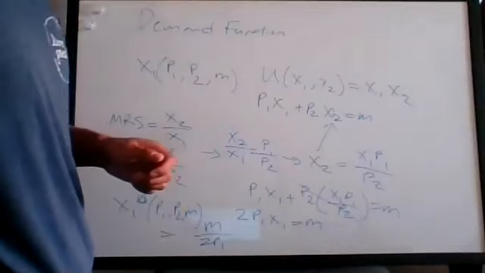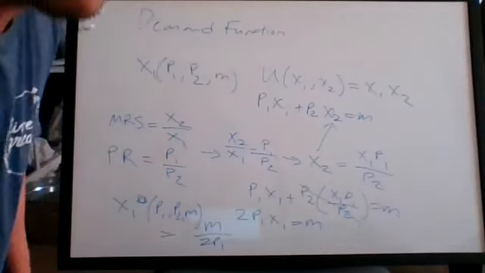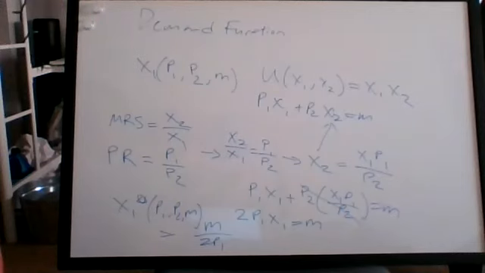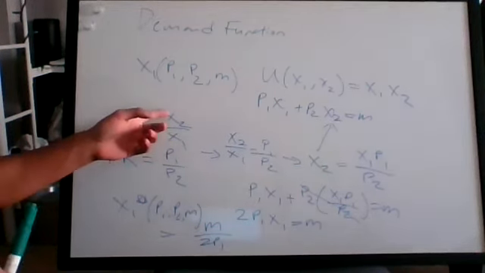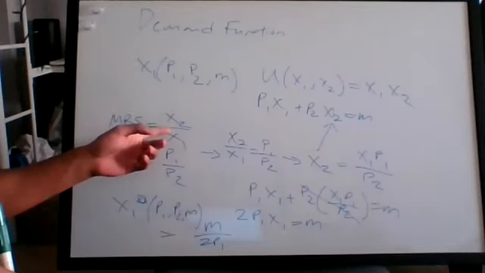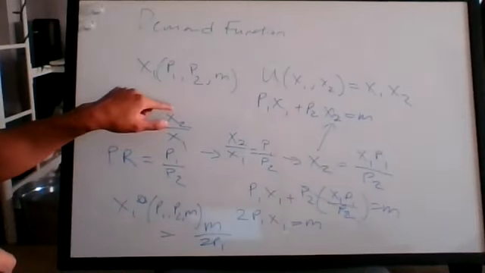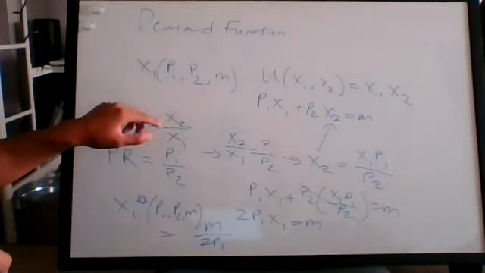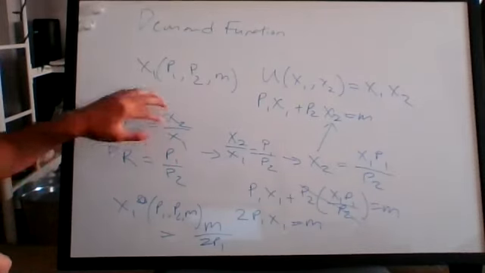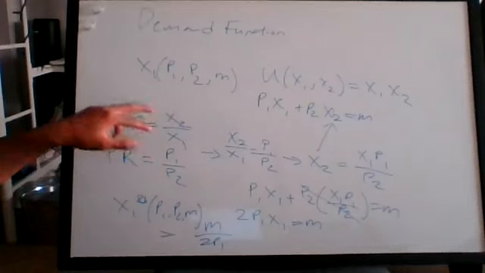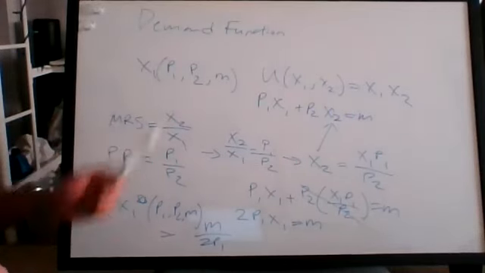Actually, I can ask a question real quick. The MRS that you use, you put x2 over x1, and I've seen it, sometimes, most of the time we put x1 over x2. When do we know how to use which one? Well, x2 over x1 is just the marginal utility of x1 over the marginal utility of x2, to answer your question. So it's always going to be the marginal utility of x1 over the marginal utility of x2. And what that ends up being is not always known, but that's what this turns out to be,